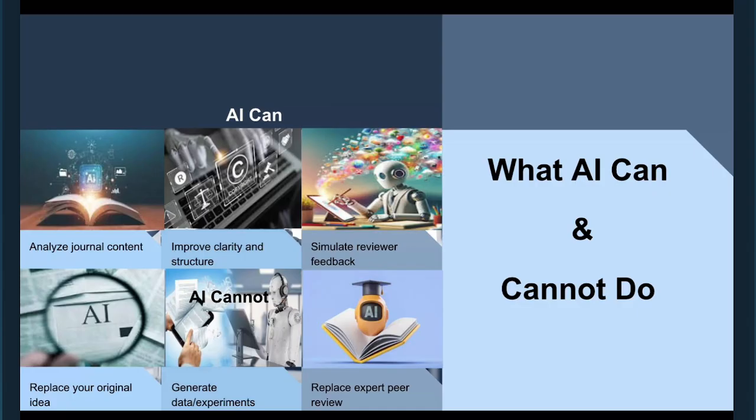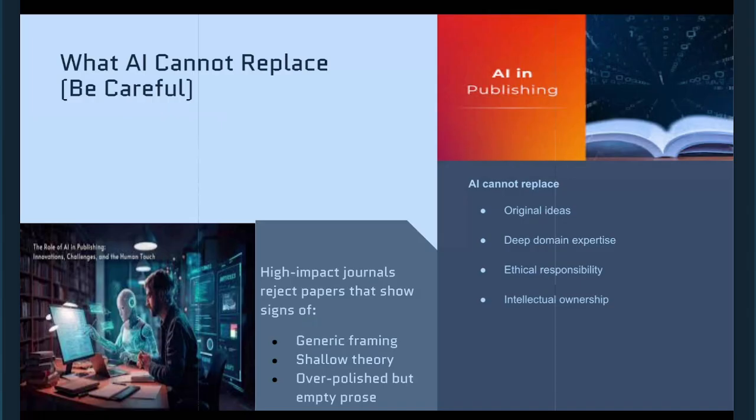So out of this, AI can assist you with the content, with the clarity, with the structure, with the feedback and the review. But other things, they have to be a part of you, not the AI. So let's see how. Now, before, your idea has to be original and you have to have the domain expertise. You have to have the ethical responsibility and the ownership. But